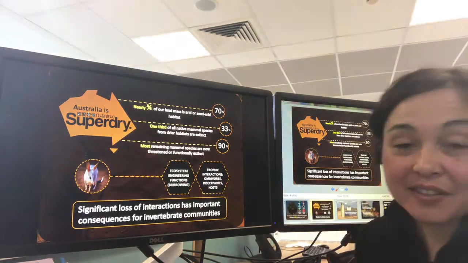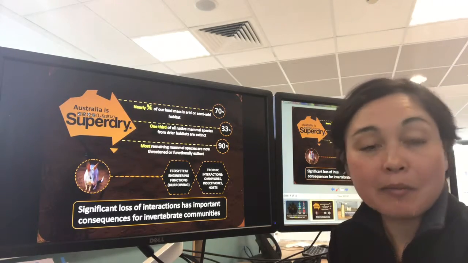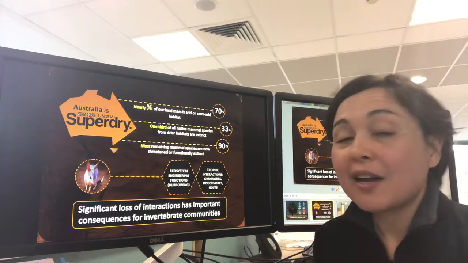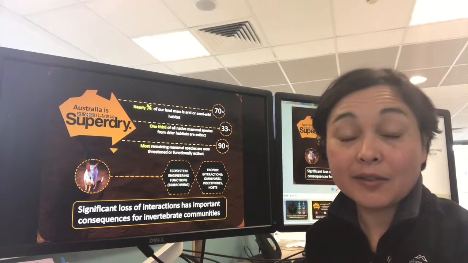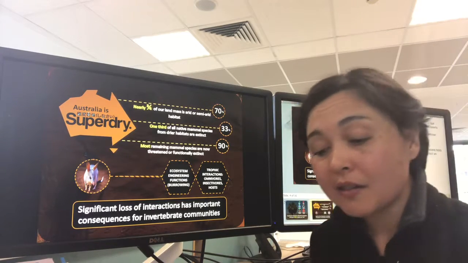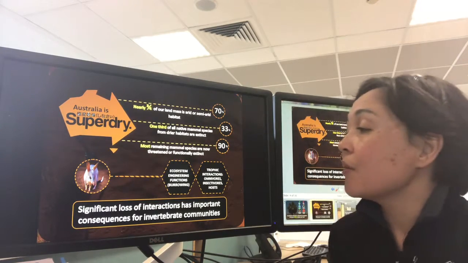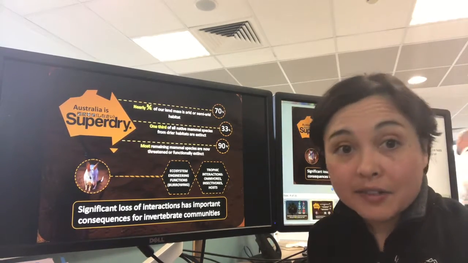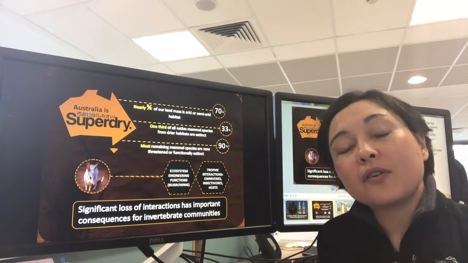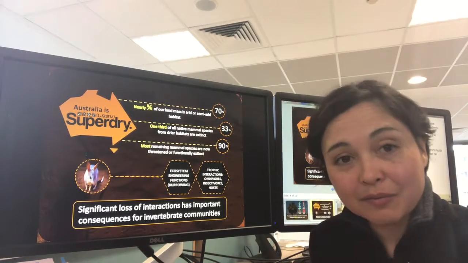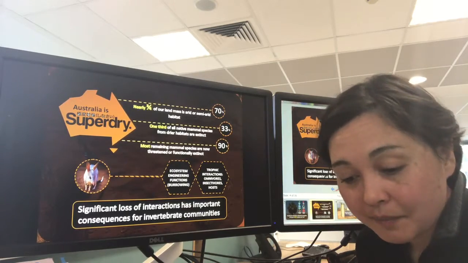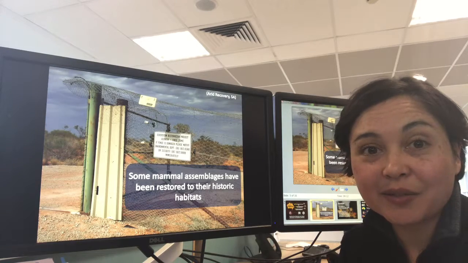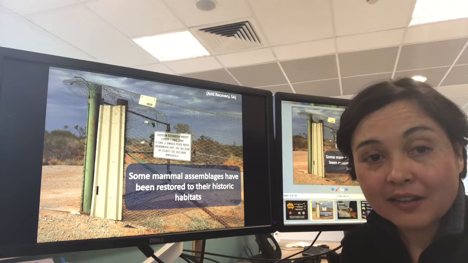Special features of the remaining species, and the ones that were particularly hammered by the declines, were that they were critical weight range species. They also included a few which occupied ecosystem engineering functions as digging marsupials, and they also tended to be omnivorous or insectivorous species, and they were also obviously hosts for parasites and other fauna, such as dung communities.